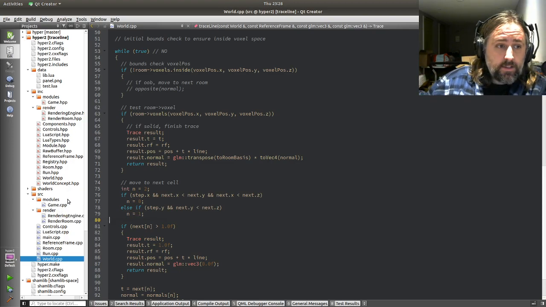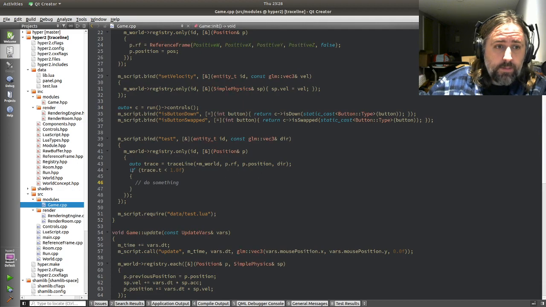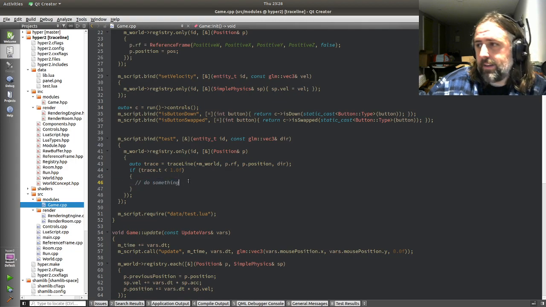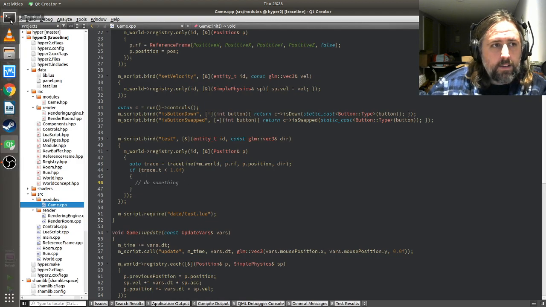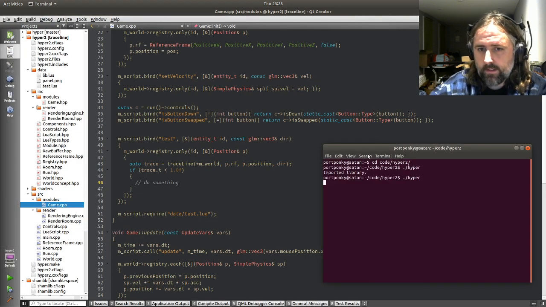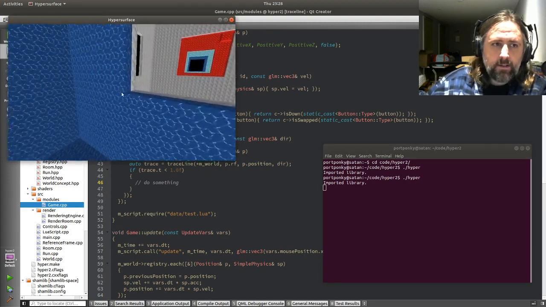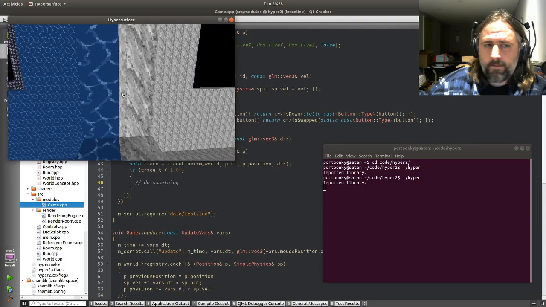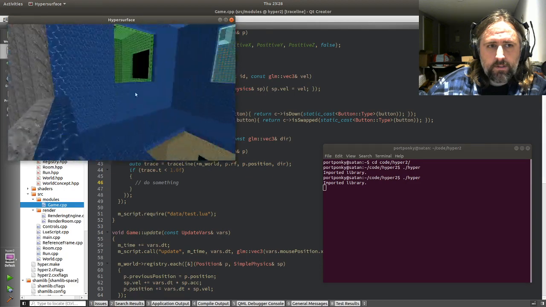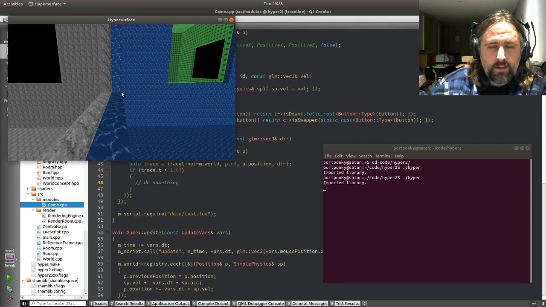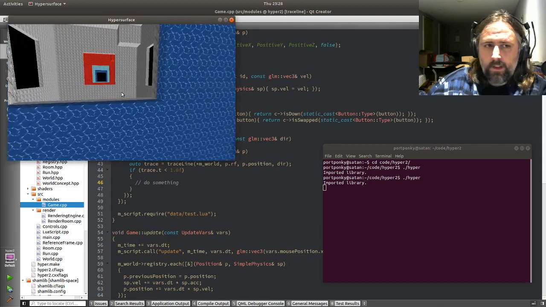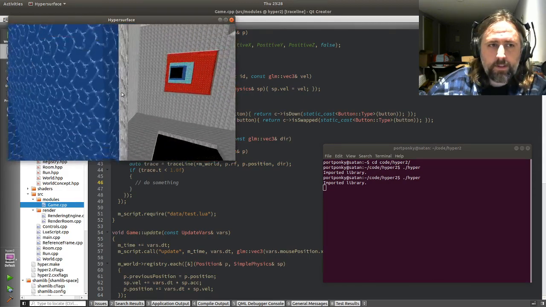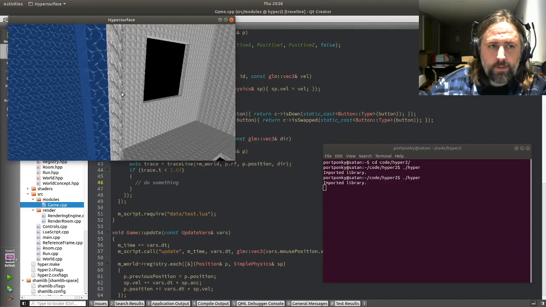So let's have a look at the game. Then I said, if it hits something, then it should set a voxel, except I didn't actually set the voxel because that's complex. Well, it's more complex than nothing. And the other thing I noticed was you could set voxels that didn't have the corresponding voxel set on the other side of a room transition, which is kind of ugly. So there should be parity between both sides of a room transition,